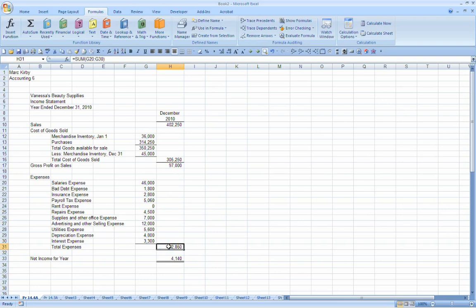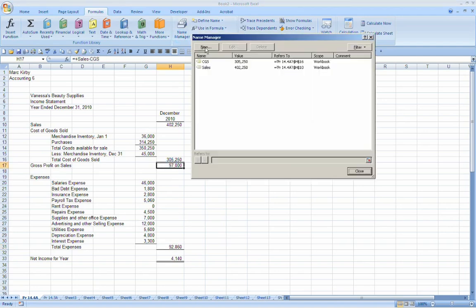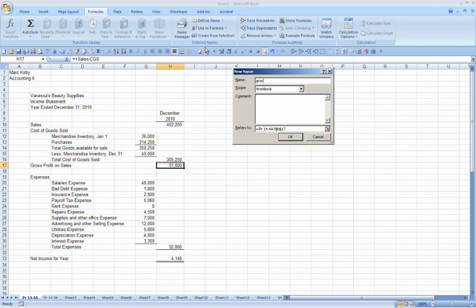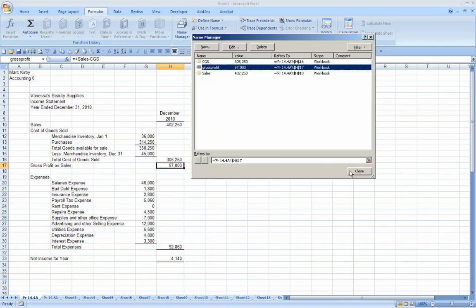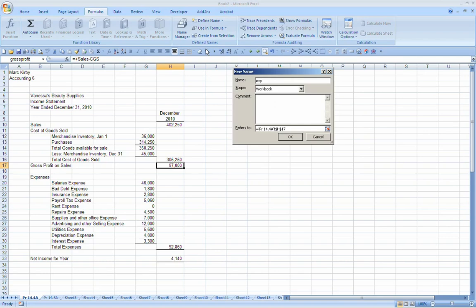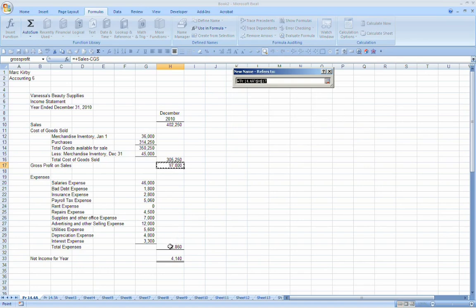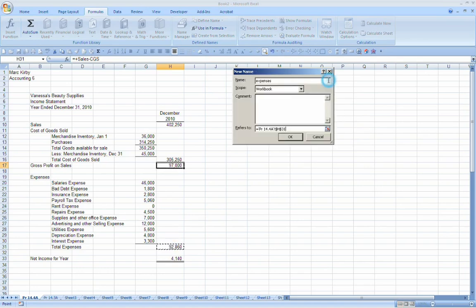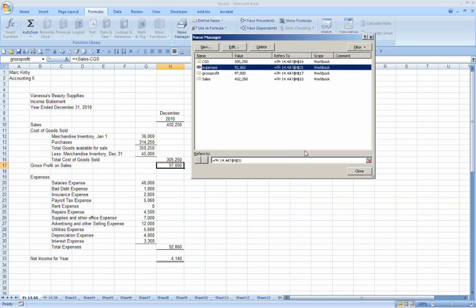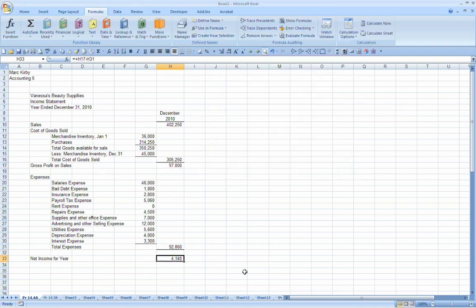Okay, we could do another one down here. We can name this gross profit, new, name, no space. Now this one I really do want to call gross profit. Okay. And I want to create another new one and call that expenses, and have that refer to my expenses here. Click OK. Close this. Now net income can be equals